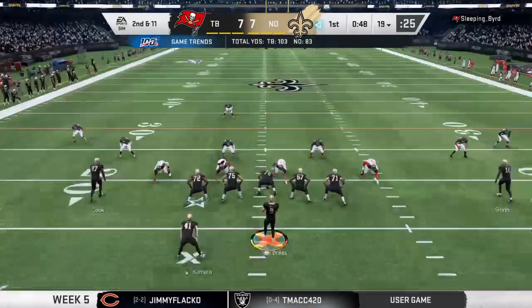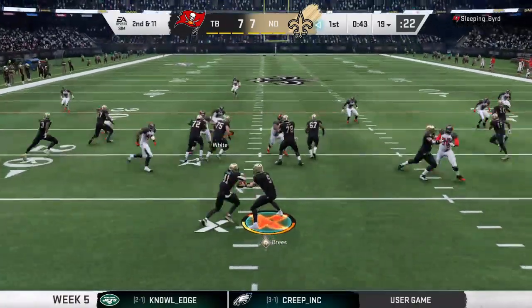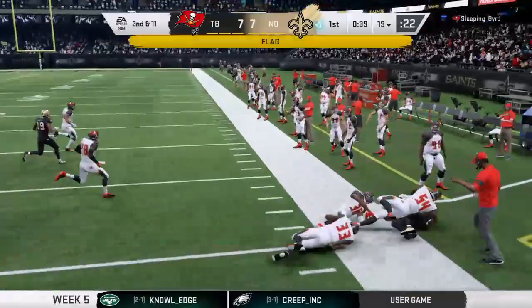He has elite instincts for his linebacker spot. He's able to diagnose the run and flies in like a missile. Stop that one behind the line of scrimmage. Running with Kamara. Finding room at the